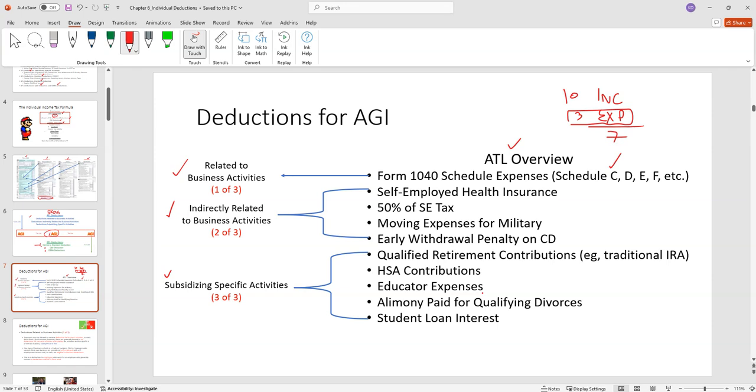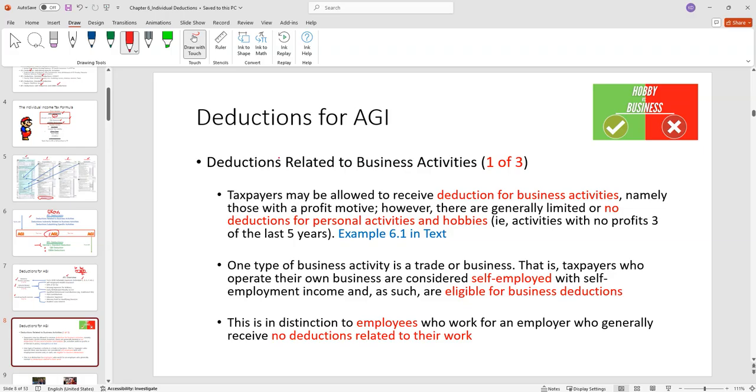Educator expenses: if you're a K through 12 educator and you have unreimbursed out-of-pocket expenses, you can get a deduction above the line. Kind of old school alimony, right? If you're grandfathered into that older alimony and you're paying it, you can get an above the line deduction. And then student loan interest potentially gives an above the line deduction. We'll look at each of these, but starting with those above the line deductions related to business activities,